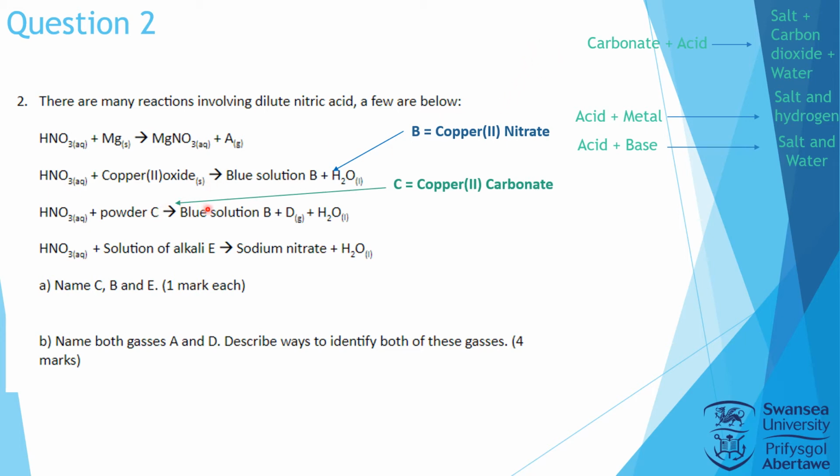So moving on to E, we've got an acid plus something, giving us sodium nitrate and water. Sodium nitrate is just a type of salt, but instead of being written out as its chemical formula like magnesium nitrate up here, it's just been written down. So to know that this means NaNO3 like this